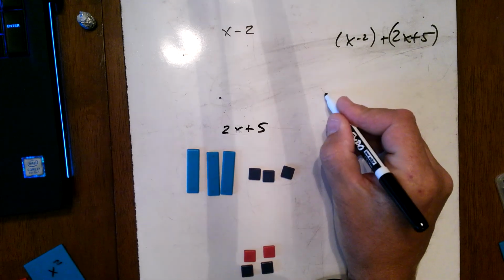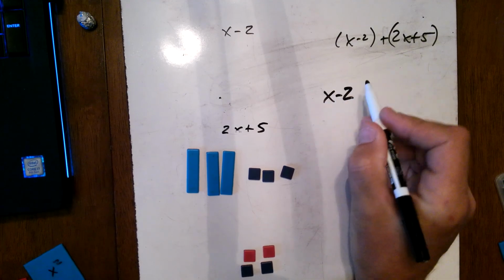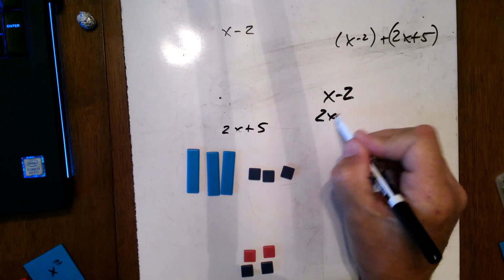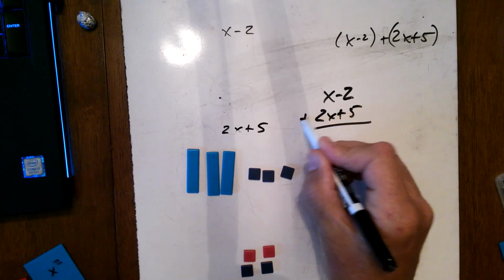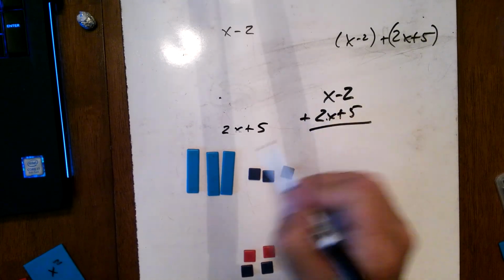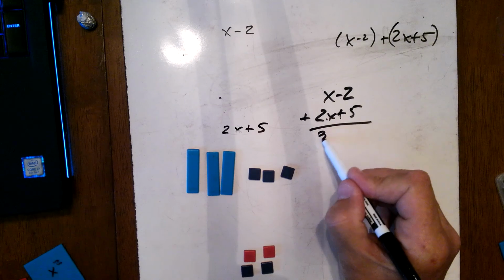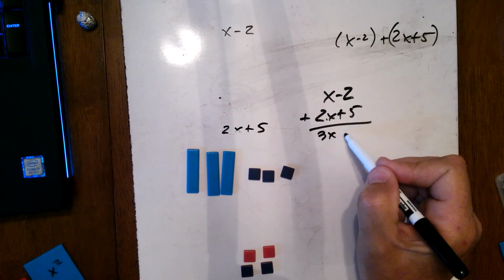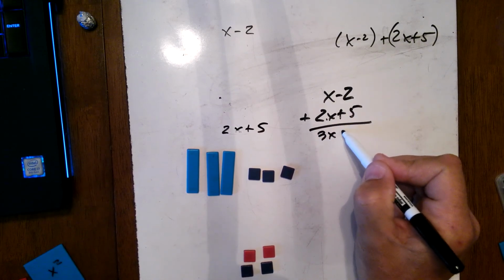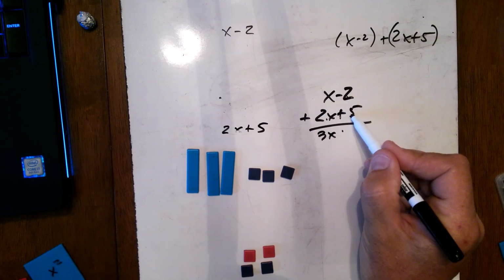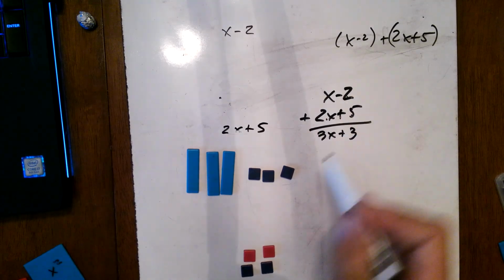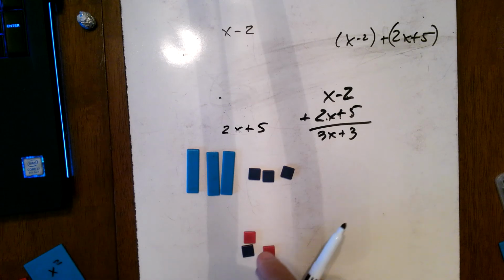3x plus 5. So I get x minus 2, and 2x plus 5, and I add these two together. The x and the 2x give me 3x. The negative 2 and the positive 5 give me these two with two positives down here, leaving me with 3 positives. And we can see that my two negatives with two positives make zero pairs. Okay, I'm going to do the same thing. We'll have one more, and then I'll give you a little practice problems to work on before we do subtraction